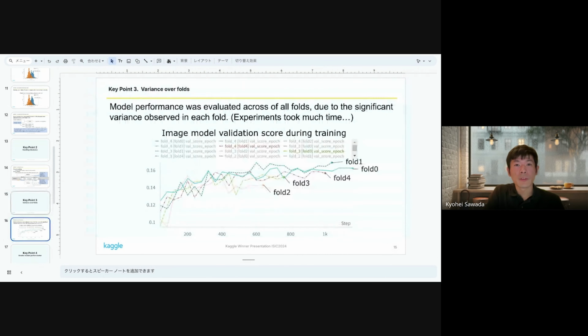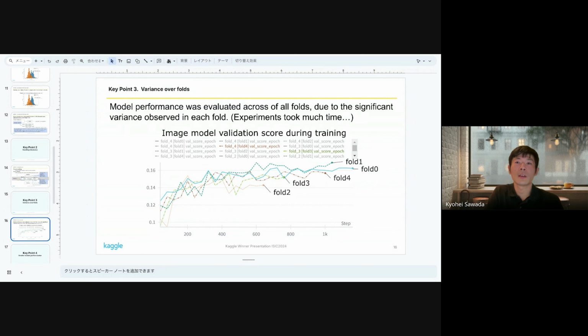So key point three. In this key point, I'd like to highlight one of the challenges in this competition. This is the evaluation score history during the training. As you can see, there is a significant variance across the folds. I believe this is due to the label imbalance in the dataset, which made it difficult to achieve stable training